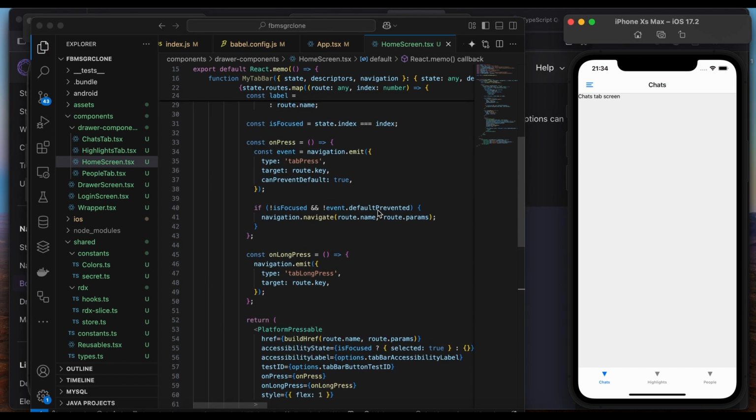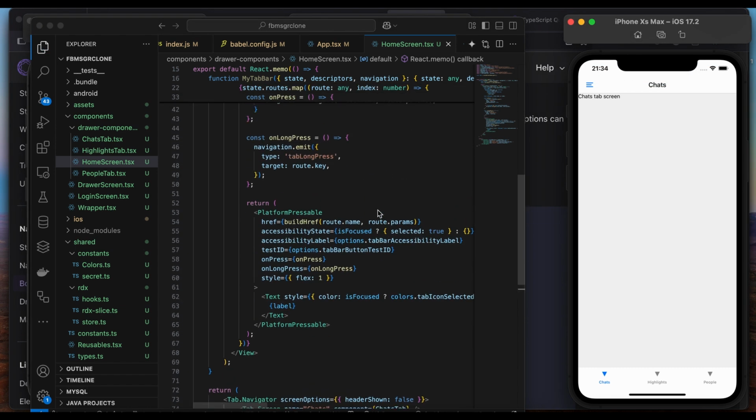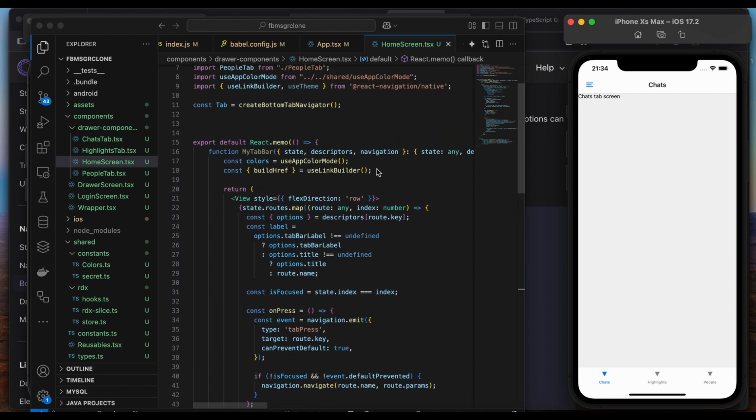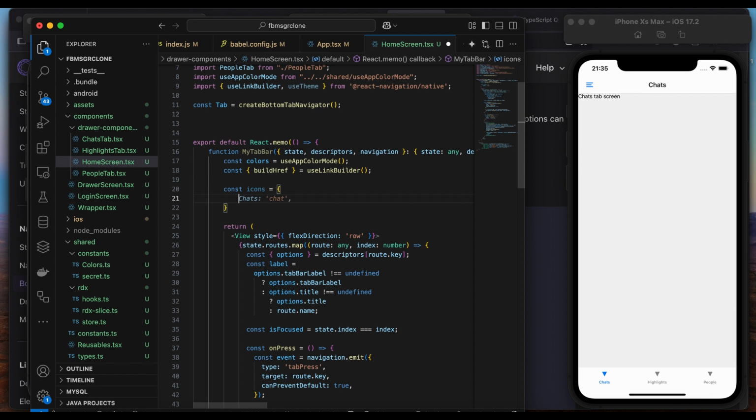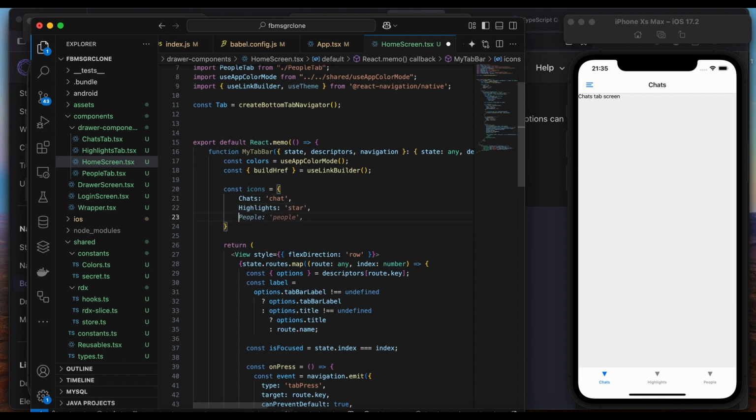Then let's create an object here for the icons. const icons equal to, but instead of just a string, it's going to be